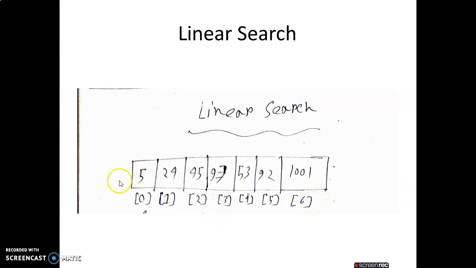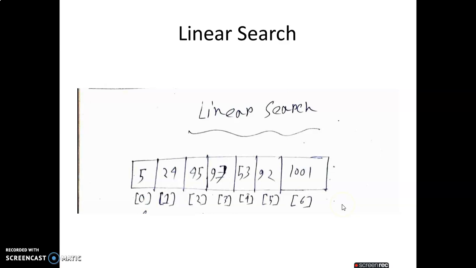But here 5 is the smallest, then 24, 45 is greater than 24, 97 is greater than 45, then 53 is less. So no order is maintained. This is called random order. So linear search works on random order.